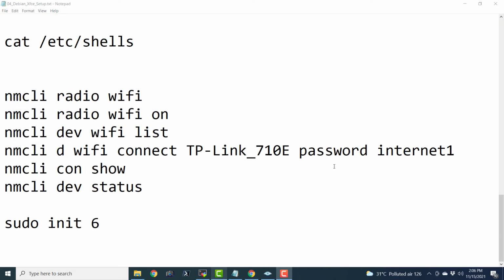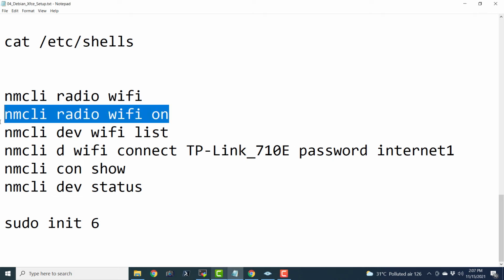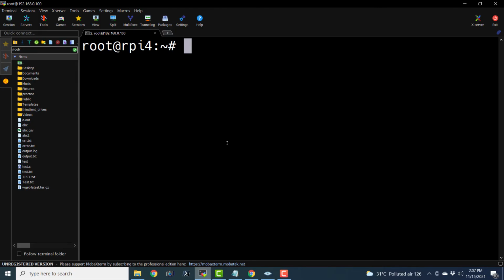Now we know that our Debian Raspberry Pi computer is connected to the network using the Ethernet cable. I already made it clear while booting up the system that I am connecting an Ethernet cable into the Ethernet port of the Raspberry Pi, and that's how it is accessing the internet. Now I want to turn on the Wi-Fi, and fortunately Debian has drivers for Wi-Fi on Raspberry Pi computers. So it is very easy. There is a utility known as Network Manager, and it has a command line interface known as nmcli. So let us turn that on. Let me copy this and paste it here.